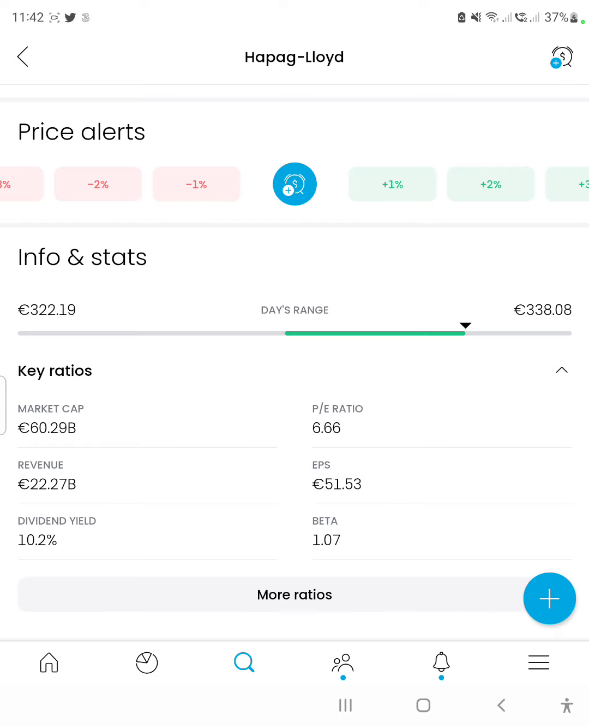So if you invested, for example, $100 and you wanted to double that, it would take about 6.66 years, given that the company is growing at the same rate, of course, considering inflation and other factors. It would take about 6.66 years for you to get $100 back, on top of the $100 that you invested as the principal. So the revenue figure, which is the overall sales in the last financial year, was 22.27 billion euros. The dividend yield is